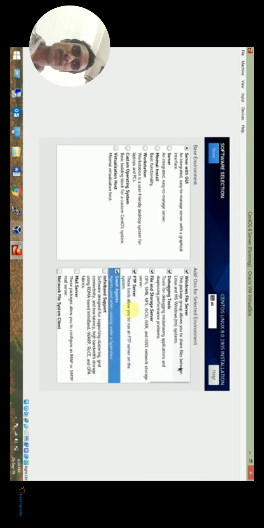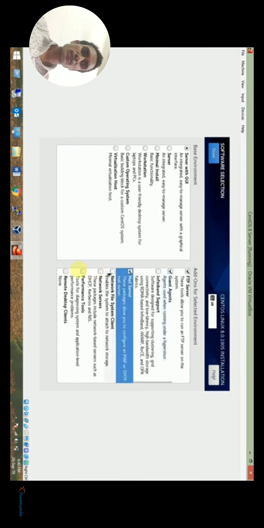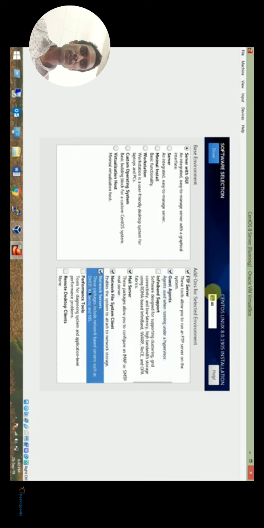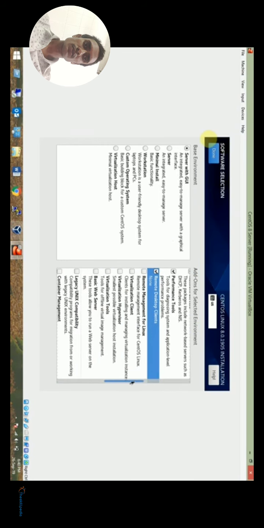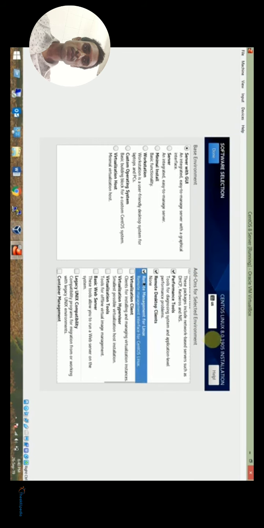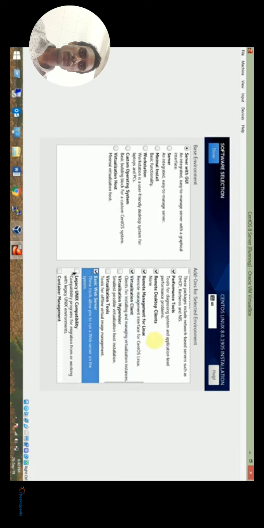So let's select the server with GUI, Windows, debugging tools, file and storage server, FTP server, guest agent. InfiniBand I don't need, so I'm not selecting it. Go down, select mail server, network file system client, network services, DHCP and other services, NIS server, performance tools, a remote desktop client to access remote machines, remote management for Linux, okay, then virtualization client, virtualization hypervisor I'm not going to select, virtualization tool I'm not going to select, basic server, web server, yes, legacy